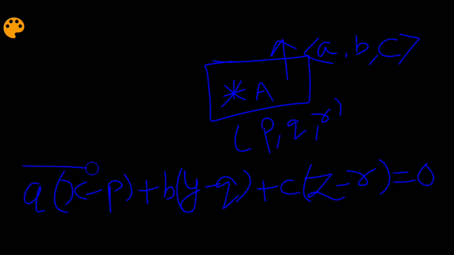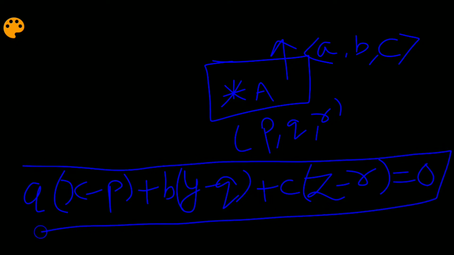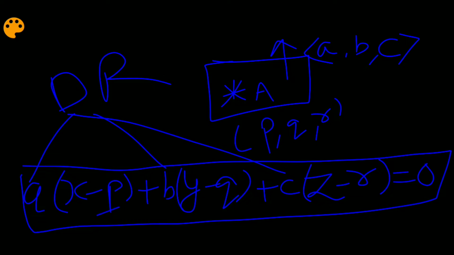So this is our equation of the plane, where a, b and c are the direction ratios, and p, q, r is the point through which this plane is passing. Okay, now